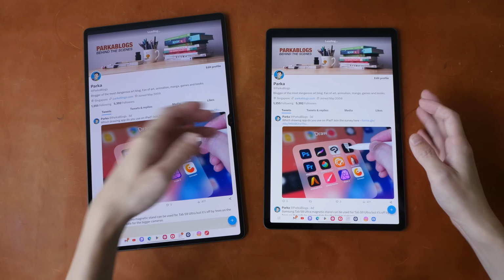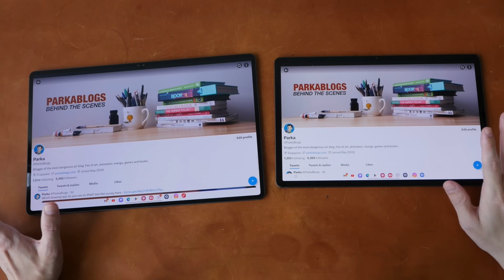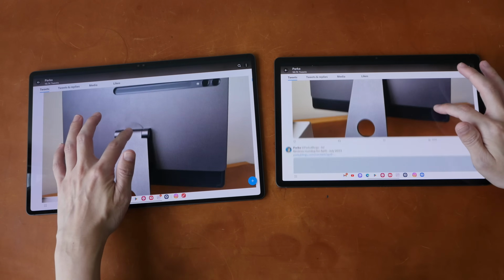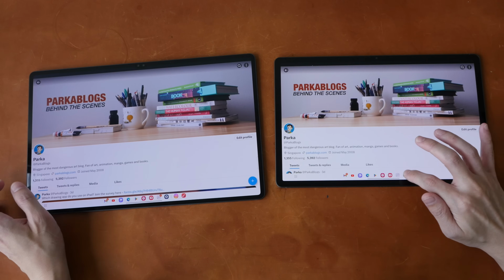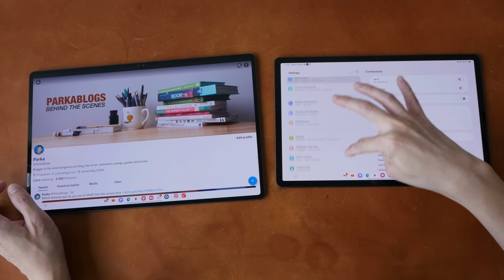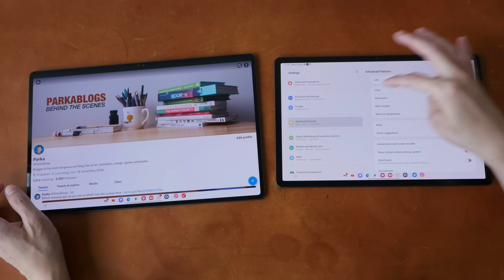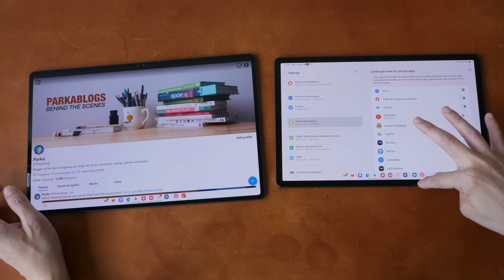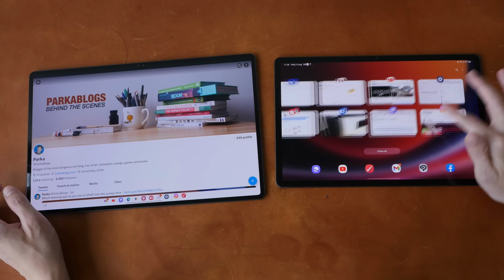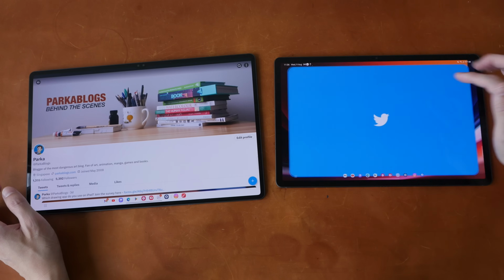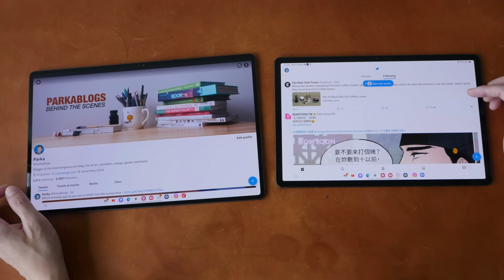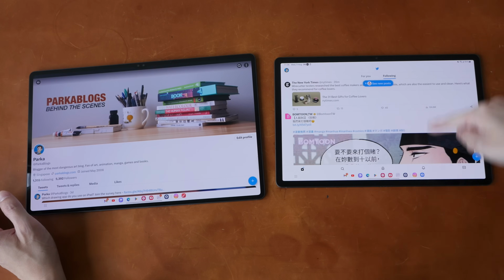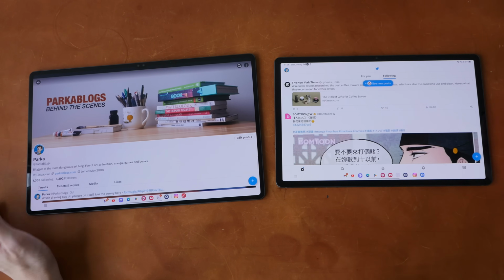Looks identical. So this is Twitter in landscape orientation, which does not look good at all because everything is cropped off. You can go into the Samsung settings under advanced features, labs, landscape view for portrait apps. You can select Twitter, and when you quit Twitter and relaunch it again, it should, well, it doesn't work. Now, it should actually present that handphone format for you, but it doesn't work here for some reason,